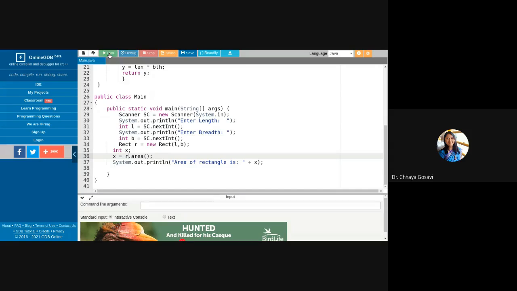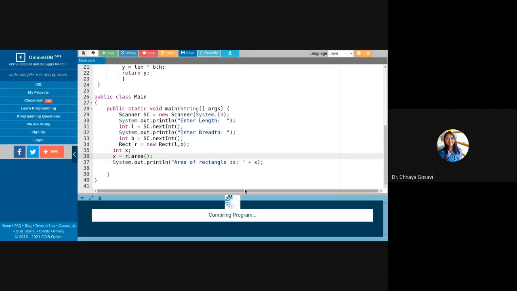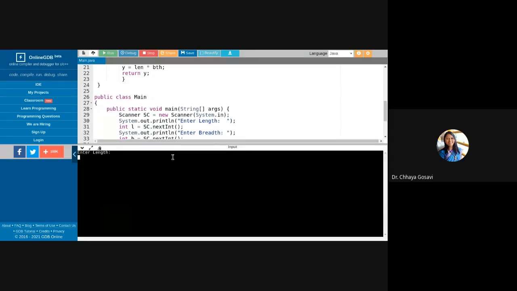So if I run this code, it will ask to enter the length and wait for my input. If I give 10, enter, then it will ask for breadth and it will calculate the area of the rectangle as 200.